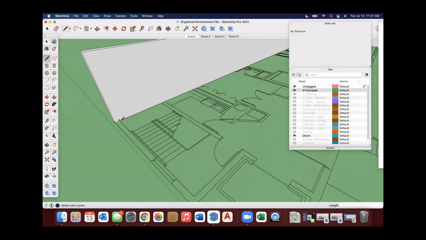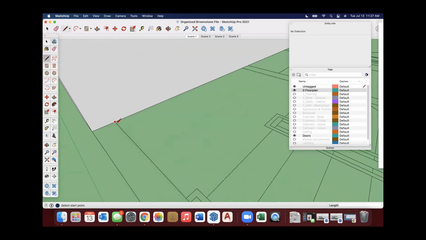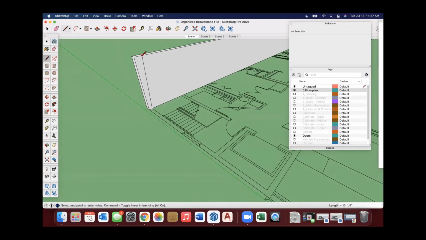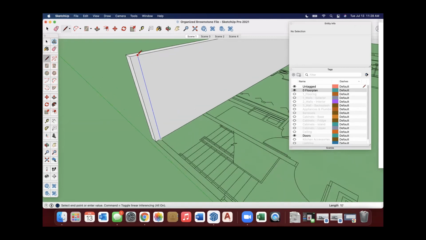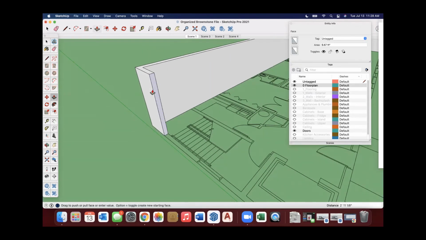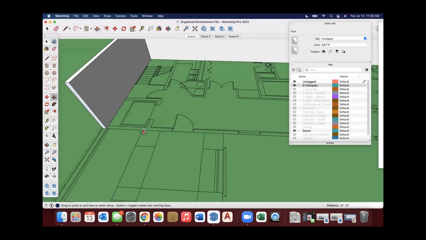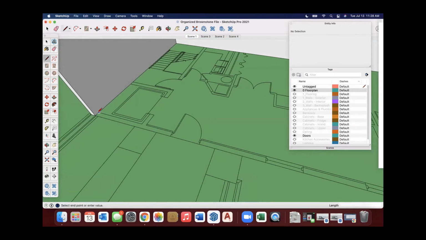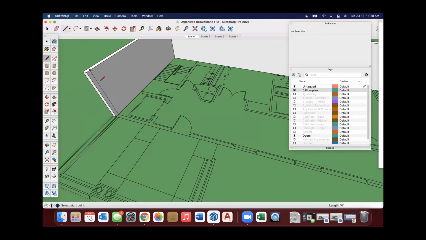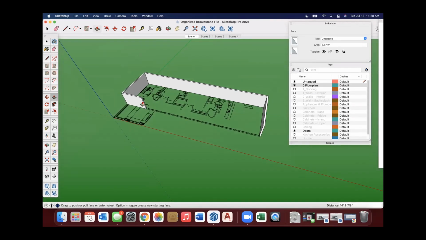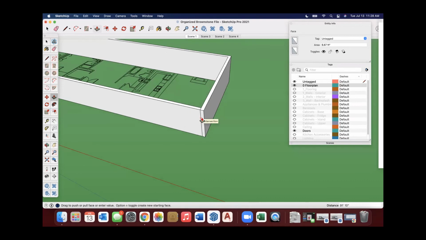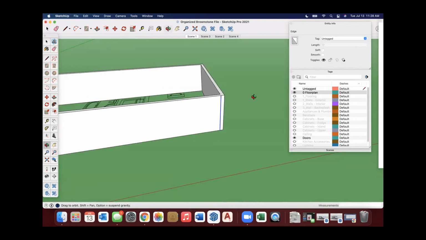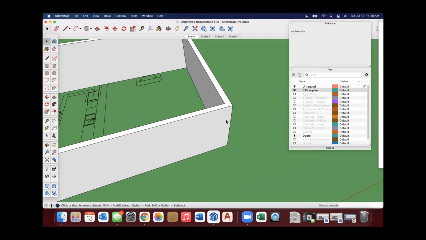So I like to do all the exterior walls at once. And you want to make sure you're snapping to the correct points. Don't be afraid to zoom in. Whoop. Again, it kind of froze up on me. One second. Okay, I'm on the edge. Now I can pull that across. And you just determine what is relevant to your model. If you're modeling this whole upstairs, then we're going to end up drawing all the walls. If you're only modeling a portion, then figure out what you actually need to see and what you don't. So now I can just delete that one little line.